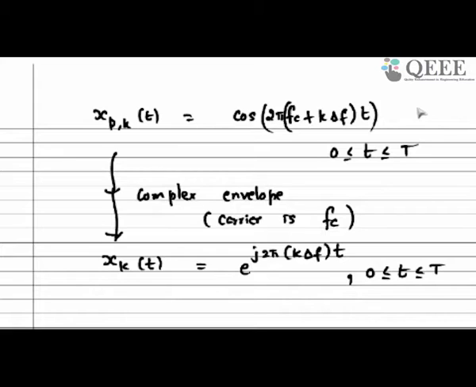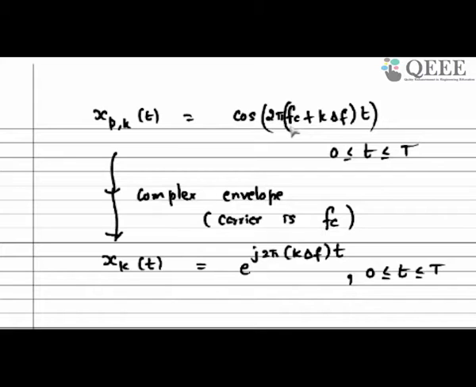in an equivalent domain. So cosine is basically the real part of e power j 2 pi f t, right? Basically e power j theta is cos theta plus j sin theta. So there is a connection between the complex exponential and the corresponding cosine waveform. Let me say this is the complex exponential related to this fc. fc is common to all these frequencies: you have fc plus delta f, fc plus 2 delta f, so fc is common.